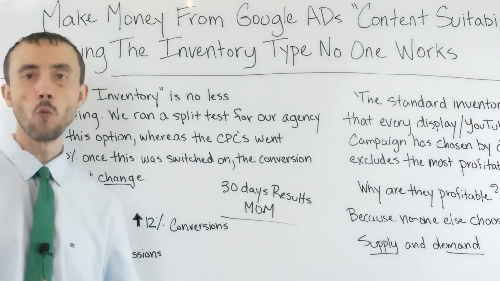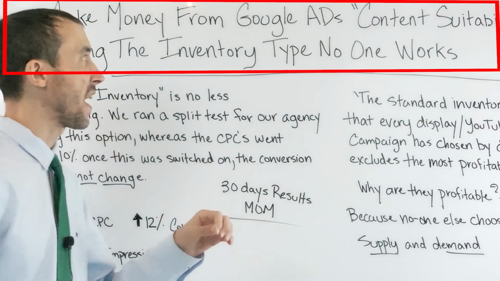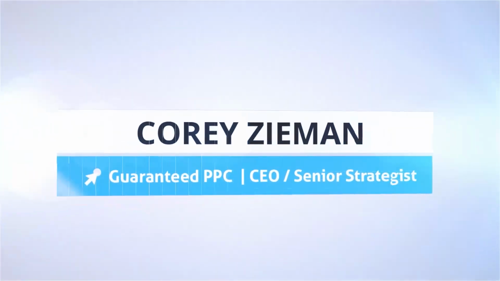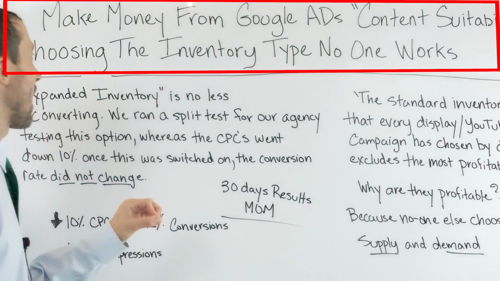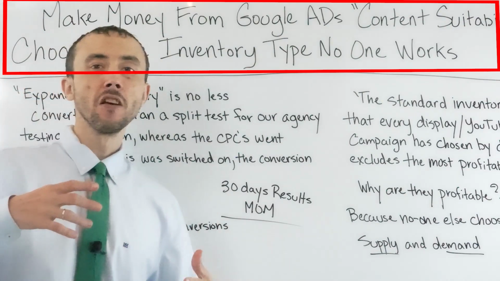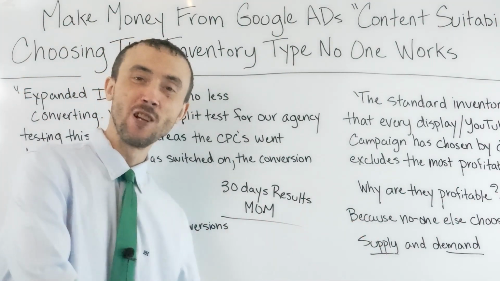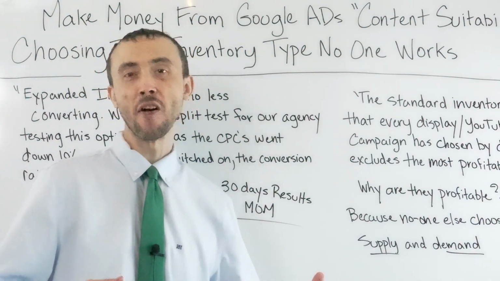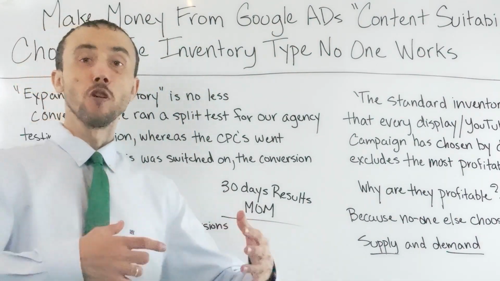Okay, today's video we are going to talk about how to make money from your Google Ads and the content suitability feature of Google Ads, which is basically the feature that lets you be a little baby and restrict your ads from being shown on videos like mine that have vulgarity on them from time to time,